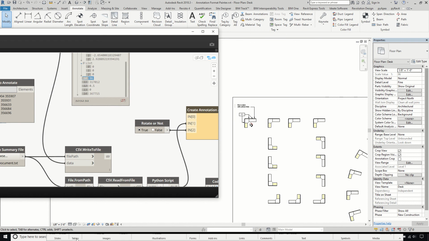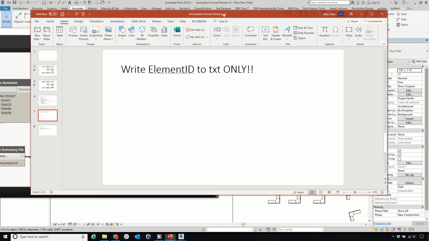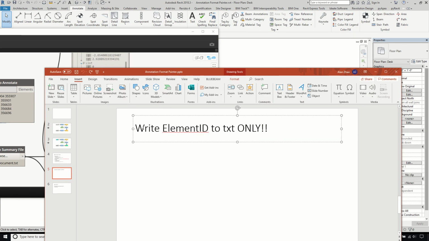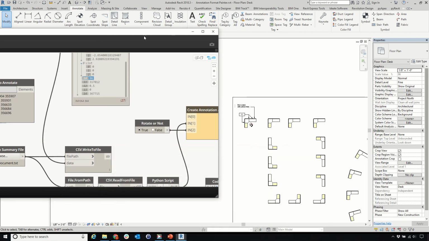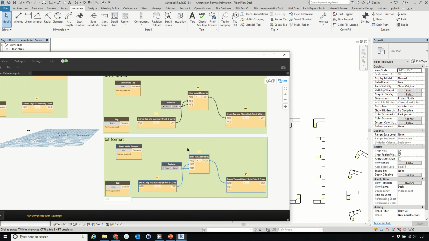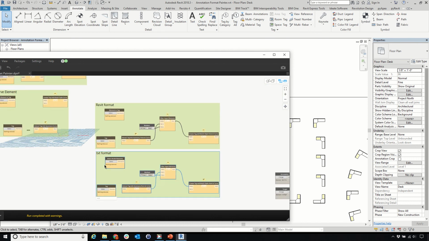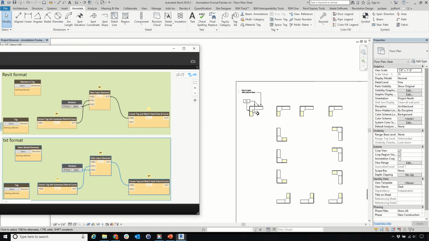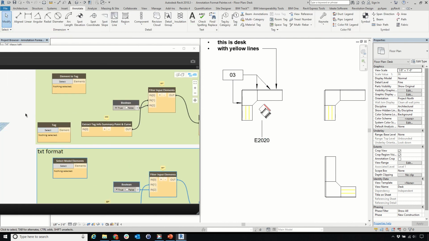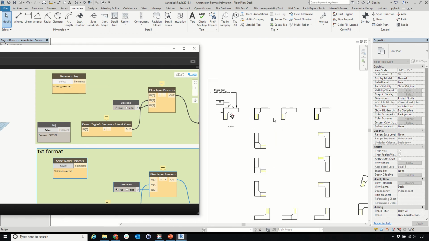I should really have realized earlier that I don't need to write all those data into text. All I need is to write the element ID to txt files, which actually makes it easier, because here I have two comparisons. One is in Revit format and one is in text format. If I look at that and say this one reads tag, element to tag,